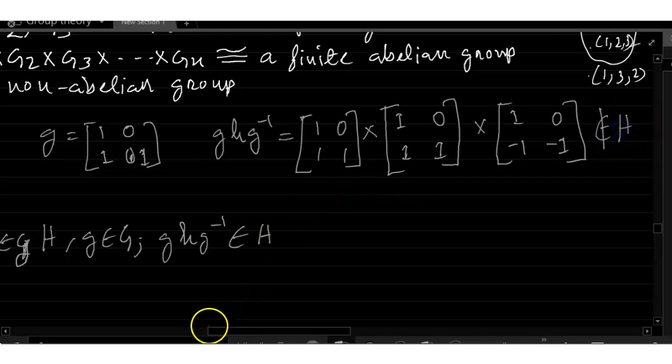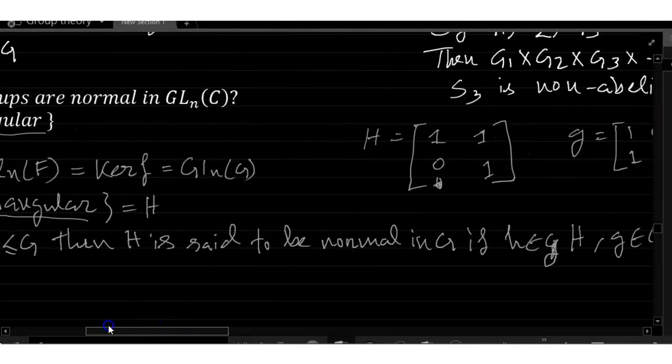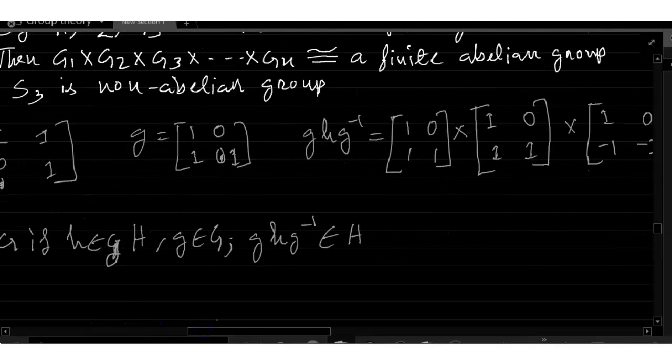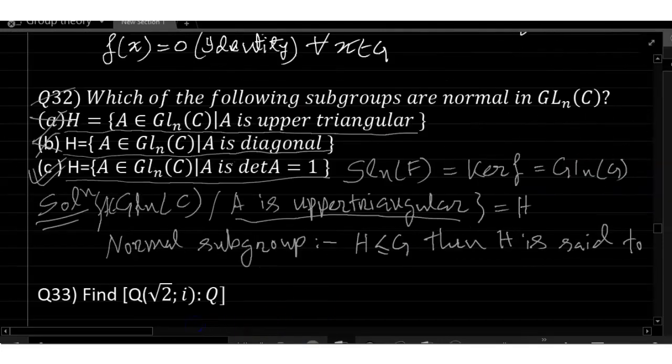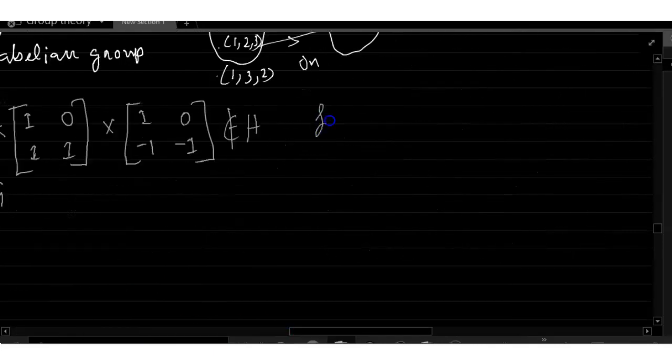So H is not a normal subgroup of G. Number B option is correct. So A is diagonal. For number B, for option B, if H is a diagonal matrix,